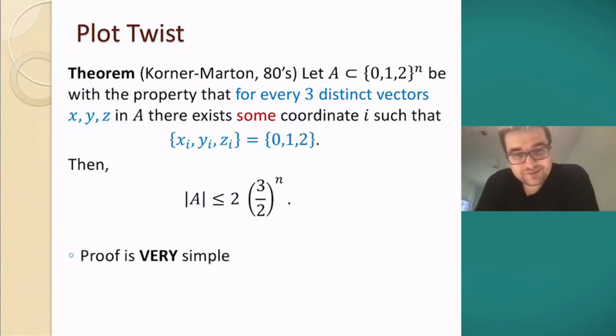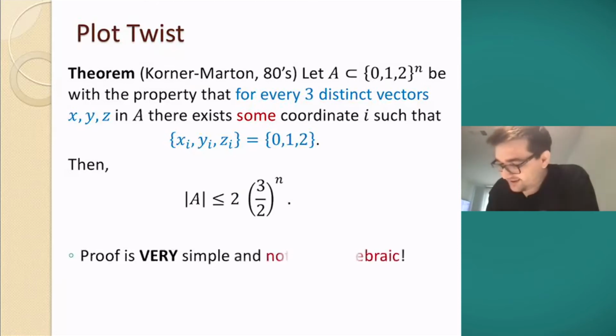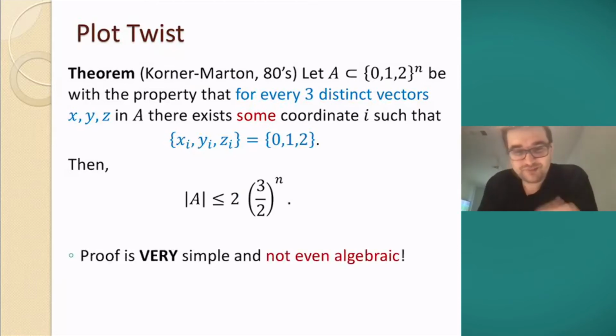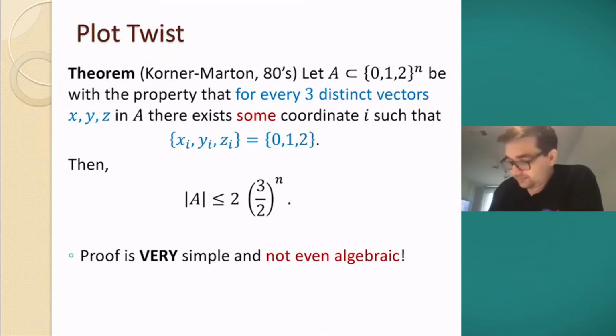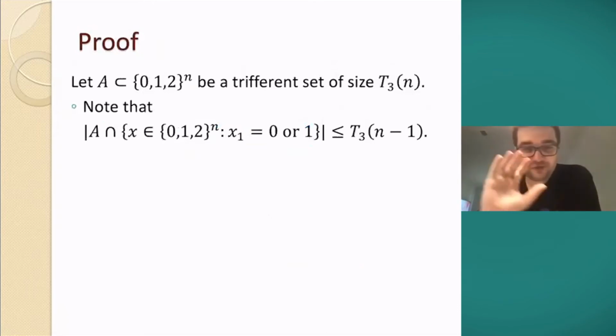Perhaps disappointingly, the proof is even simpler. And even depressingly, it's not even algebraic. Or maybe interestingly, it's not, depending on if you're a glass-half-empty or glass-half-full kind of person, like people in additive combinatorics are. So, what the hell is going on? I can even tell you the full proof, not just a sketch, in one slide. It's almost ridiculous. I give you a Trifference set of maximum size, T3 of n,